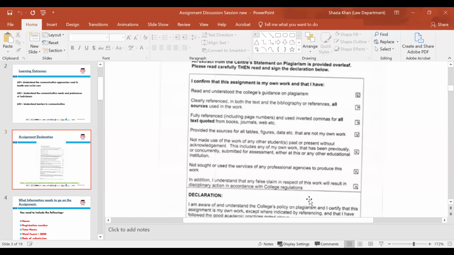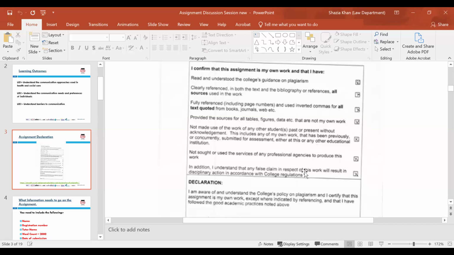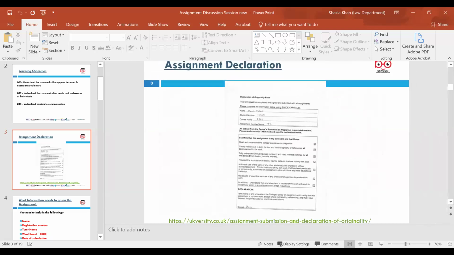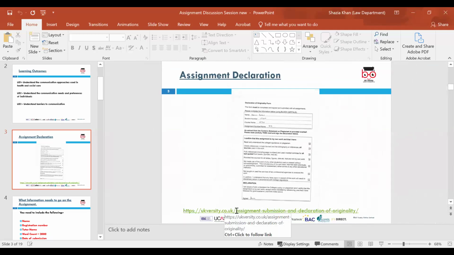In addition, you understand that a false claim in respect of the work will result in disciplinary action in accordance with the college's regulations, and you are signing that declaration. That has to be done at the start of the assignment. The reason this has to be done is because some people submit assignments from AI, okay, and you cannot use AI to complete any assignments. There's a link there where you can get the declaration, and you need to sign this beforehand